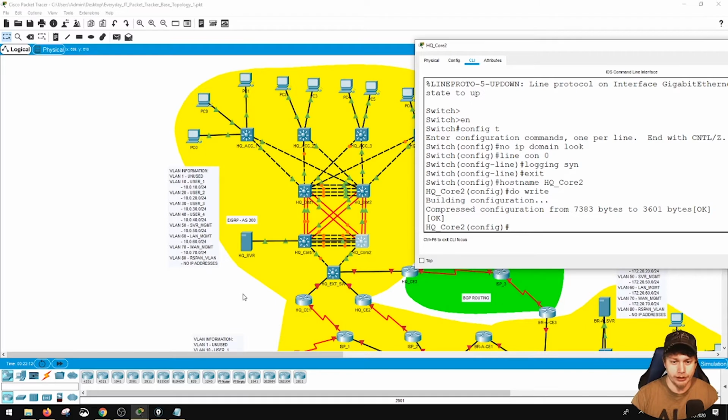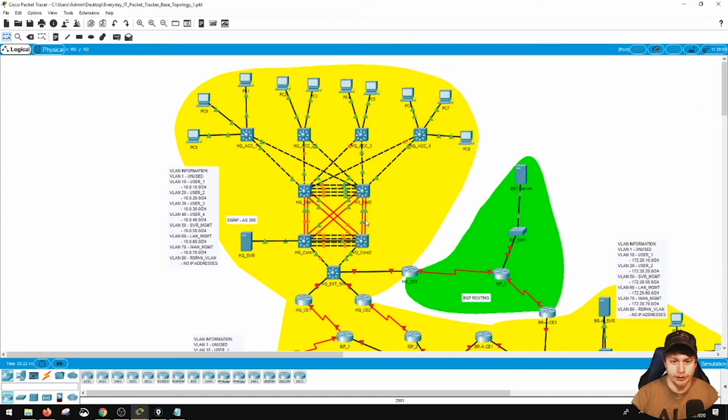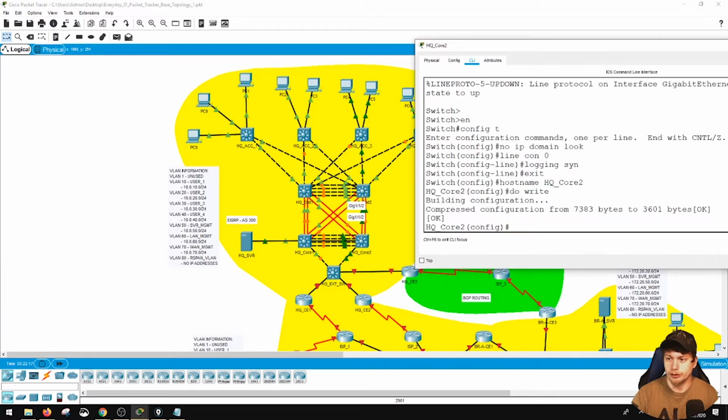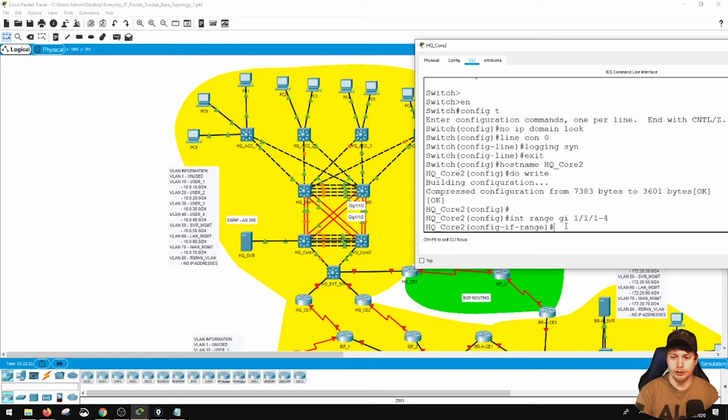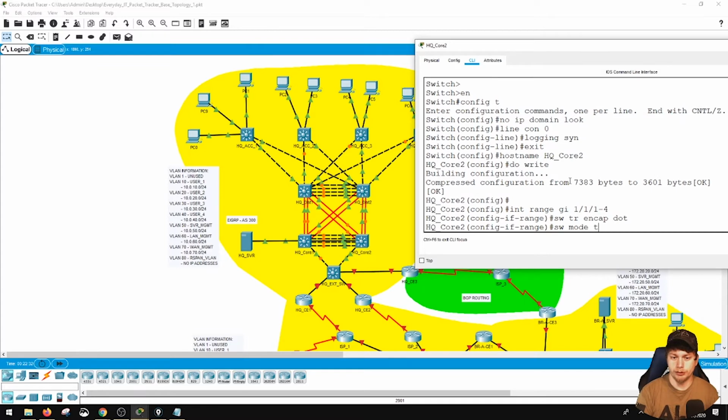And we're going to look at these interfaces coming off of here and make sure they're all right. 111, 112, 113, 114. Okay. So it's the same thing. We're going to do interface range Gi1/1/1 through 4, switchport trunk encapsulation dot1q, switchport mode trunk,